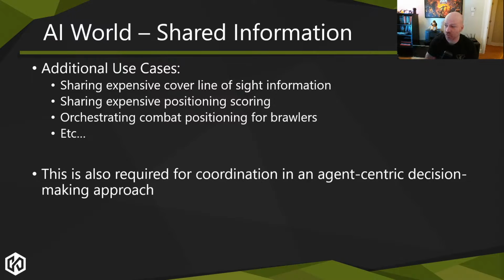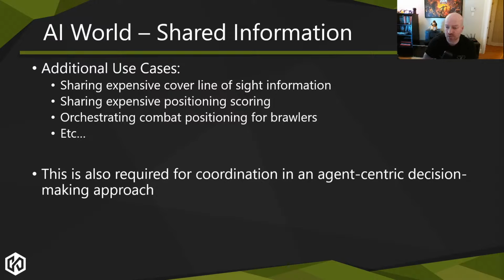I don't need to care about whether it has line of sight to every other cover in the room or anything else. So again, this is something that can run in the background. It doesn't need to necessarily even have agents in it. It's just, if combat starts, this thing can start up in the AI world and start churning in the background completely asynchronously and start generating information that agents could use to make decisions.